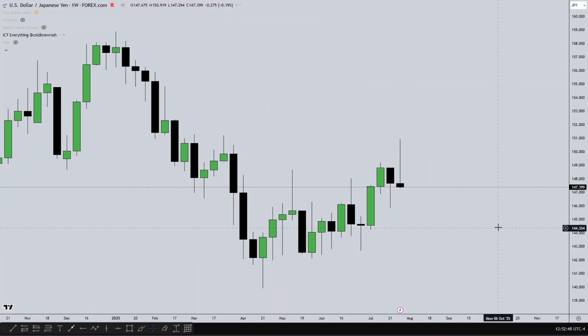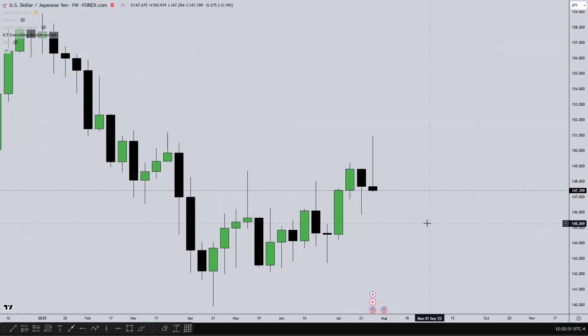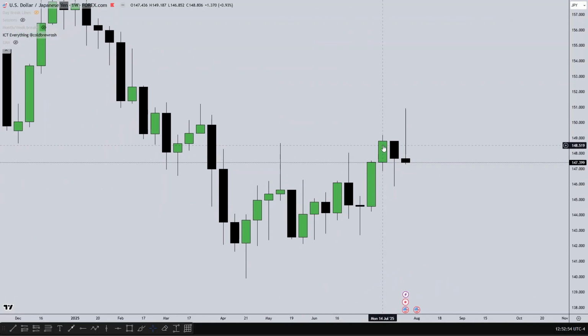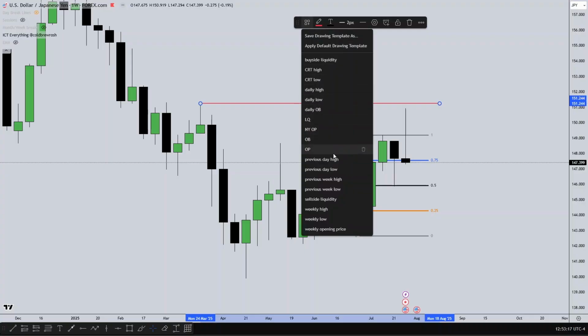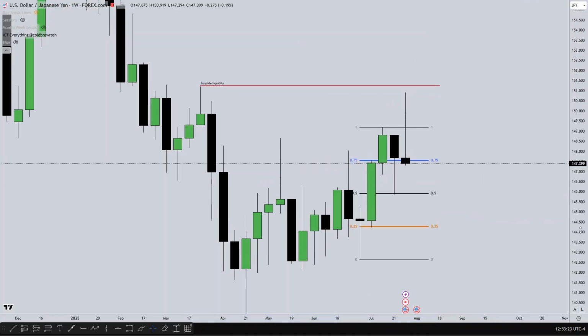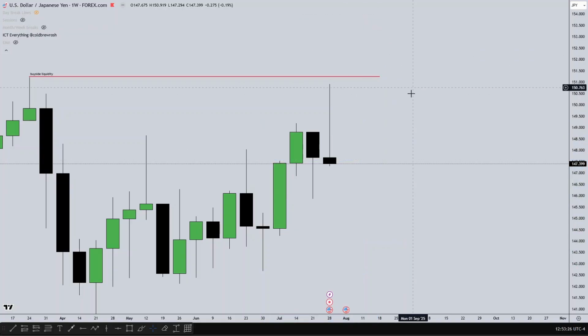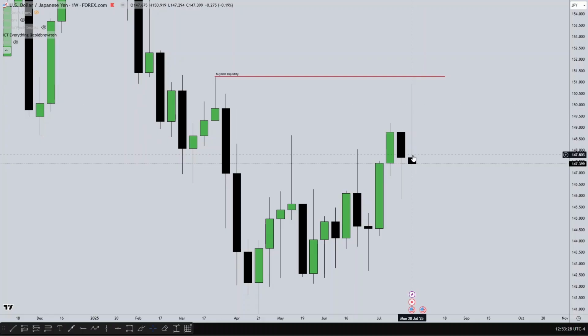Moving to USD/JPY. USD/JPY traded higher, took out these highs, and rejected back to the range. I'm currently still looking at price from this range, from this swing low to a swing high. Price already took out the high. There's a chance of price going for the buy side liquidity at this high. Knowing that there's a chance for price to move to that high, I'll be looking for a short term counter trend for the buyers, because last week price took out this high and retraced back to the range.